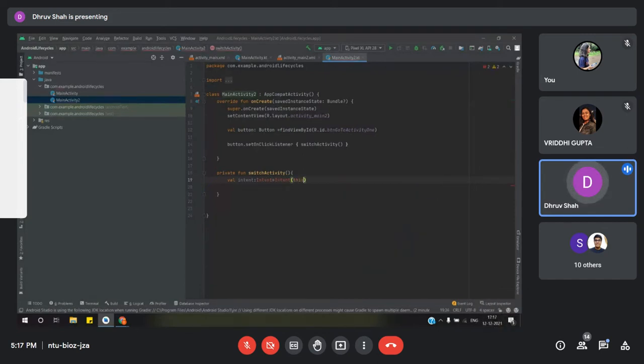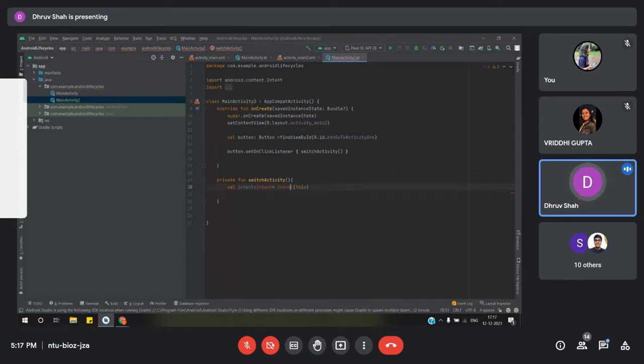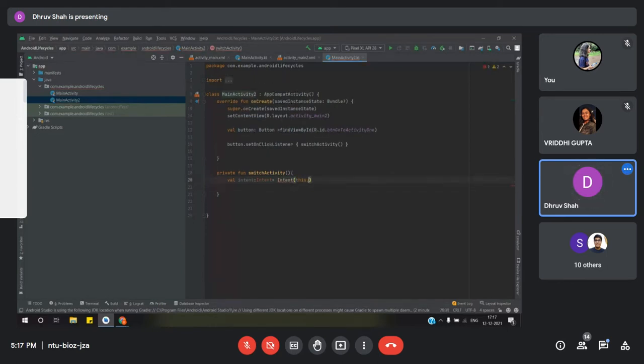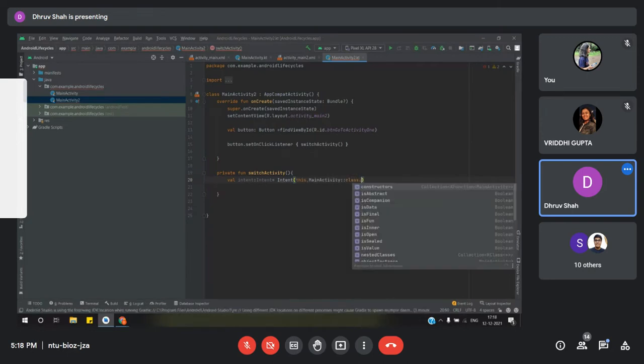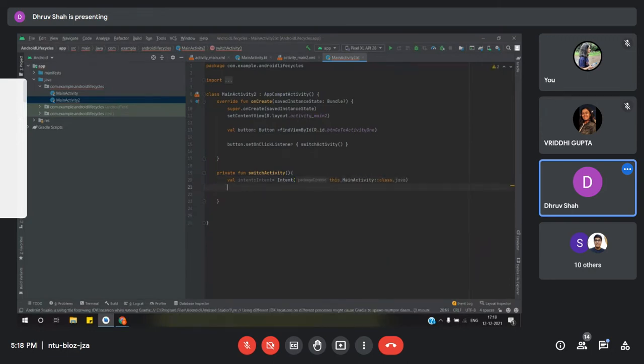So we need to go from the current activity to the first activity here. We give the class file of the first activity now. Let's start the activity. So this is the basic layout that we need to use for our project.